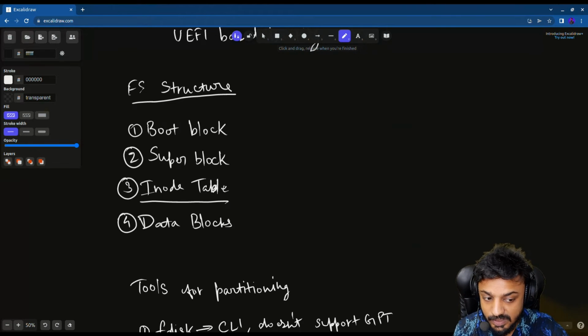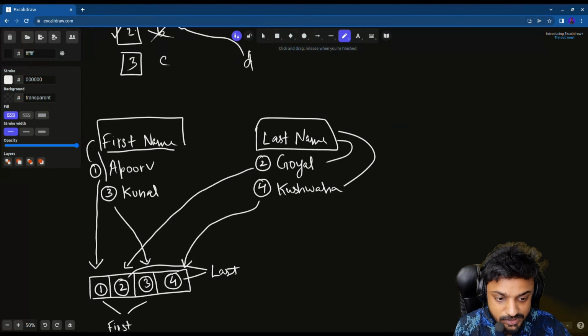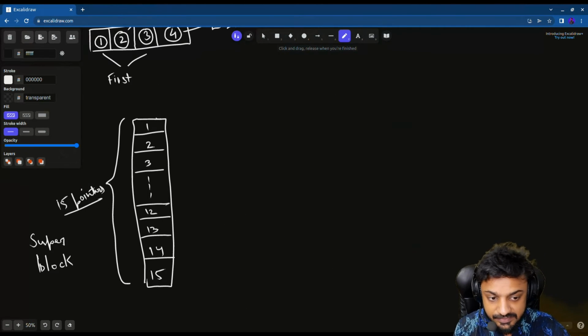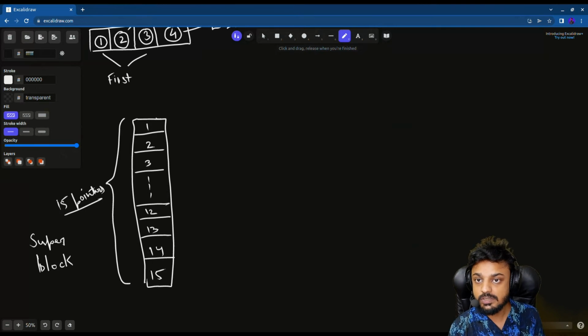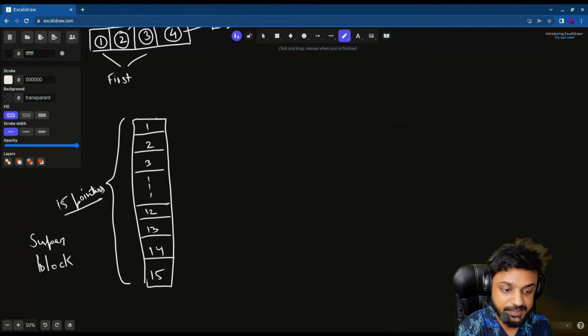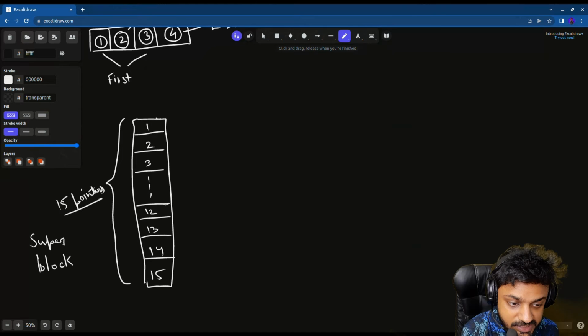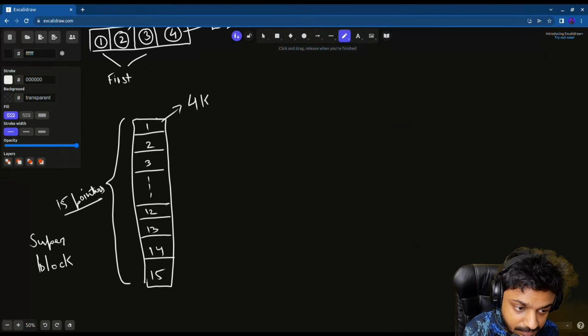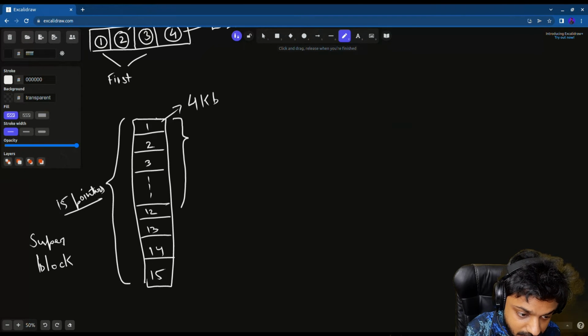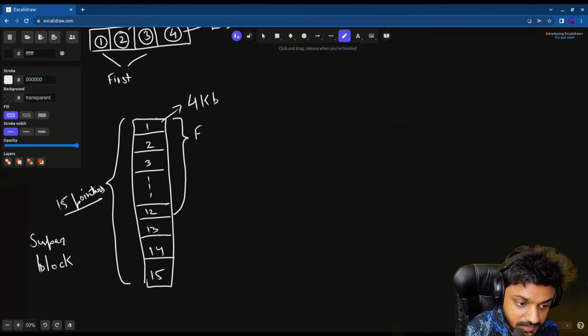So after the boot block there is a super block, and after that there is the inode table, right? So each and every inode is going to have these 15 pointers, which is also known as a super block, right? And these blocks have a size of about 4 KB, right? And the first 12 pointers